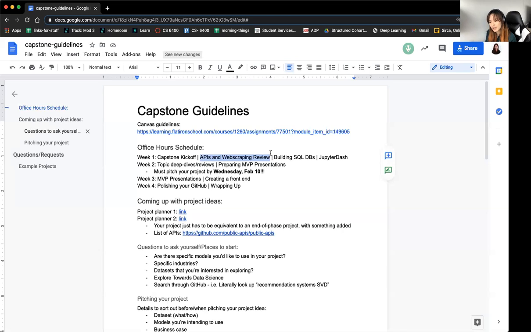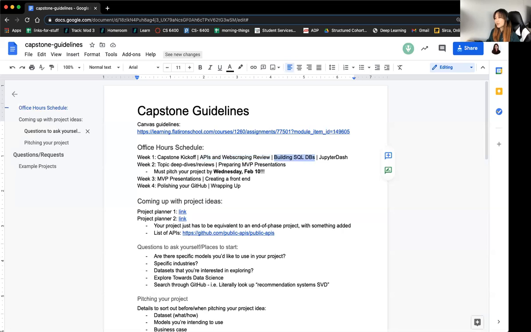I will be going over some of the basics to remember, how to get started, creating functions for doing APIs and web scraping, and where you should store your credentials if we don't remember that. So that's coming up tomorrow at our usual study group time. I think each of these should take less than an hour, so we always have time for questions built in.